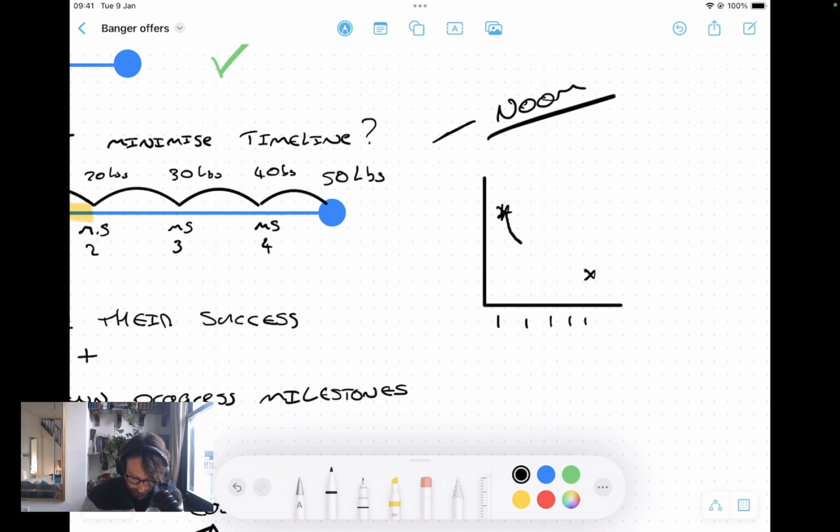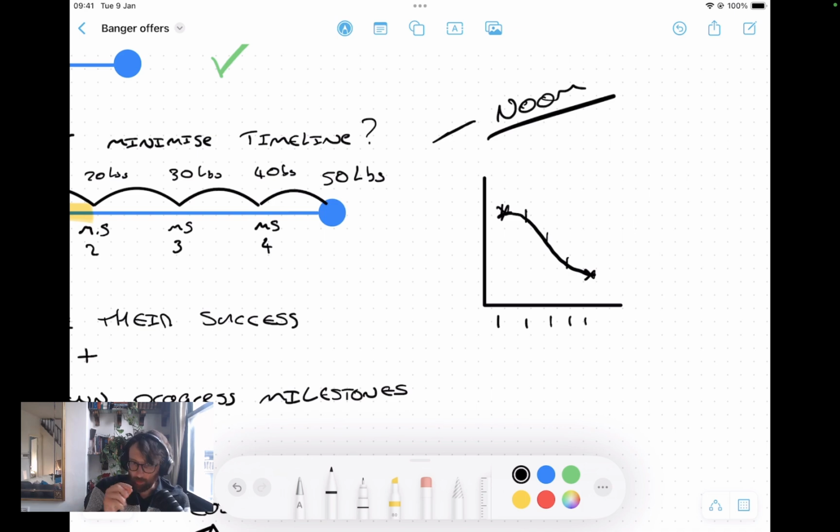And they'll say you'll have this kind of timeline. So they future pace it and they say within month 1, you'll have lost £5. Within month 2, £20. Within month 3, 30. And they get that person to envision what their future is going to be like on that future pace.